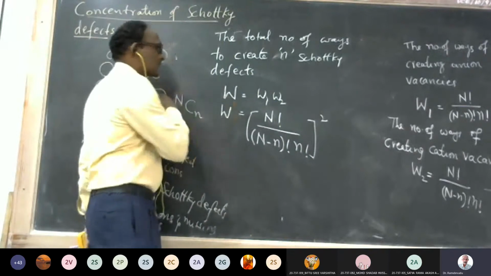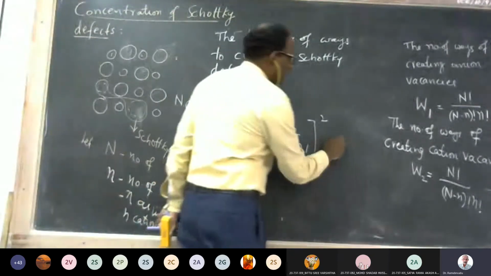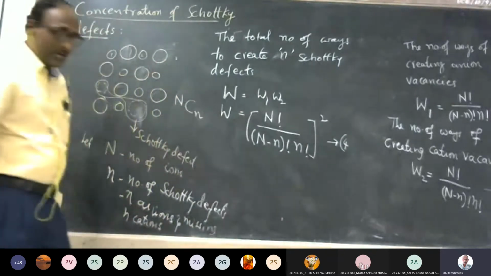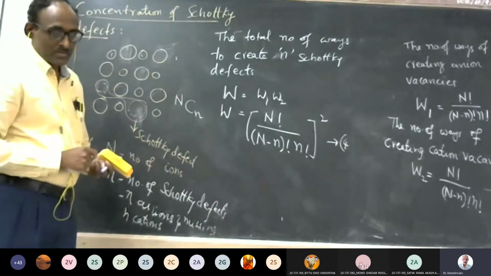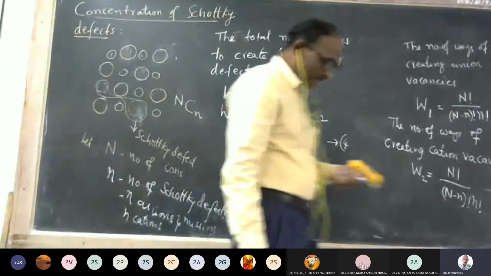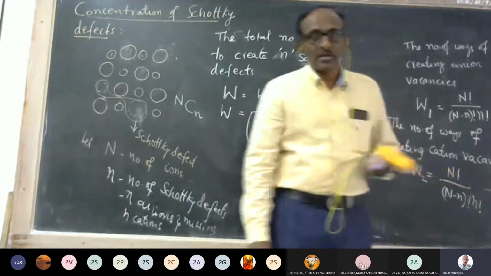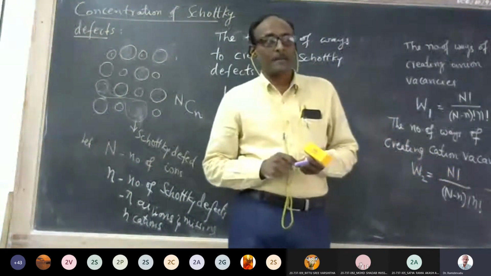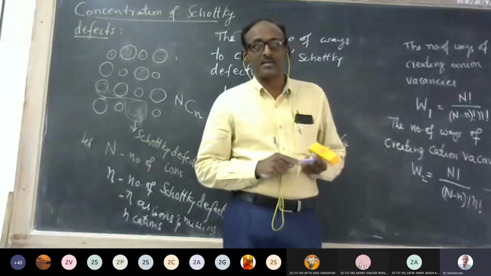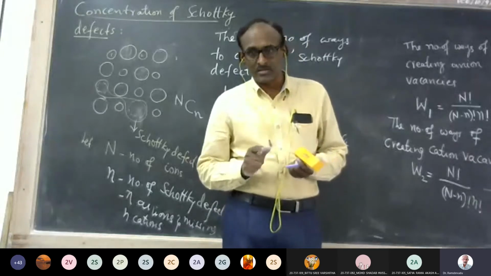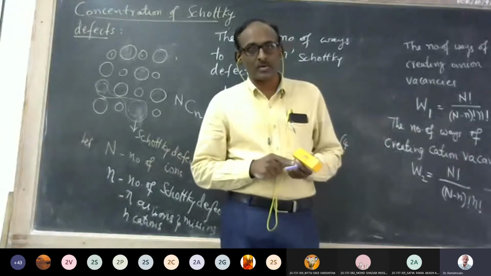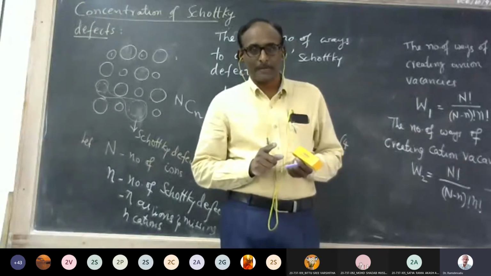W is this, and you call this equation number 4. Now, in terms of thermodynamics, you studied thermodynamic quantities in our earlier classes, like entropy, enthalpy, Gibbs free energy, Helmholtz energy, internal energy. You studied all this, and also isothermal process, adiabatic process, etc.